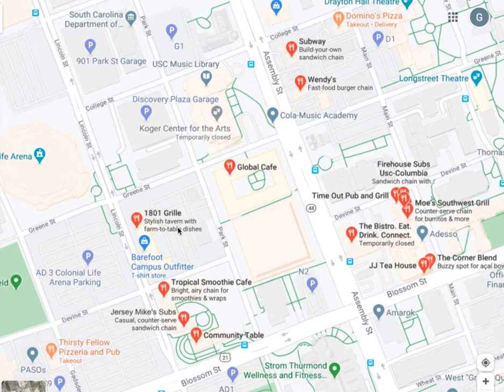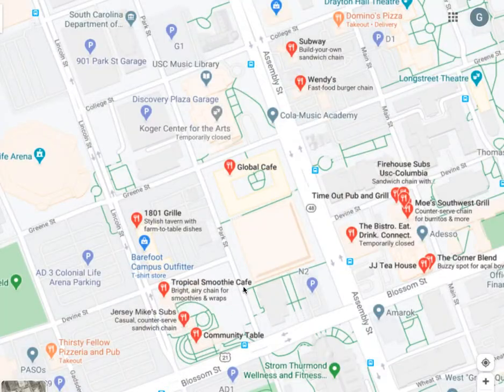So as I want to treat myself, I go to this one, and they did all they could to make sure that it's nice and clean and looks good and natural and all that you want when you want to treat yourself, right? Another example: I'm on a healthy kind of phase in my life. I want to be all healthy and do the right thing. So which one would you go to? Well, then the decision will probably lead to Tropical Smoothie Cafe, which is very good and I like it very